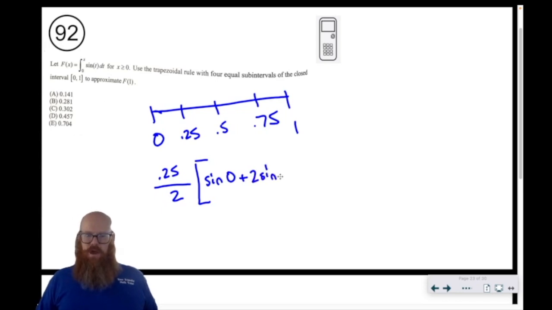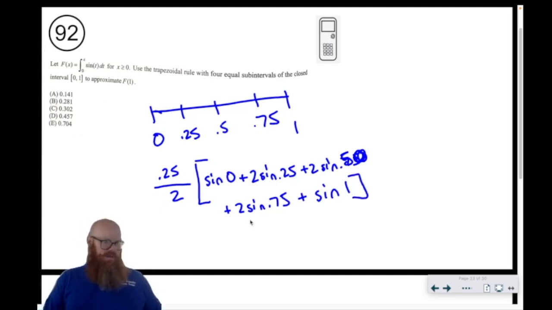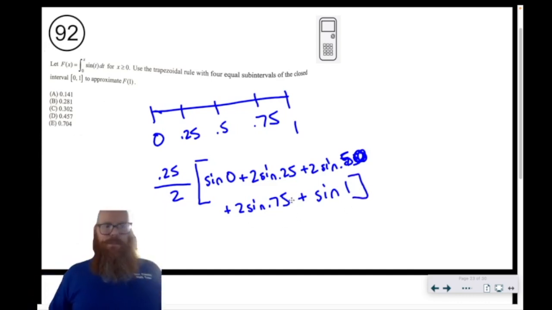So 2 sine of 0.25, plus 2 sine of 0.5, and then 2 sine of 0.75. And then when I get to the last base, that is only going to be one of those, so plus the sine of 1. And then you can throw all this into a calculator, and you get about